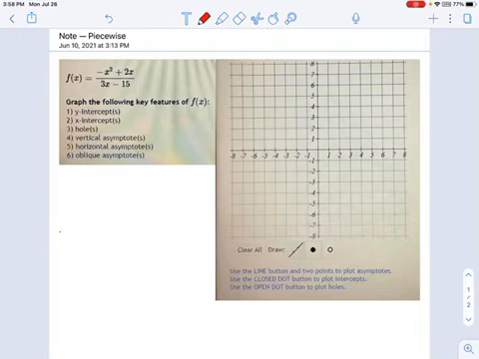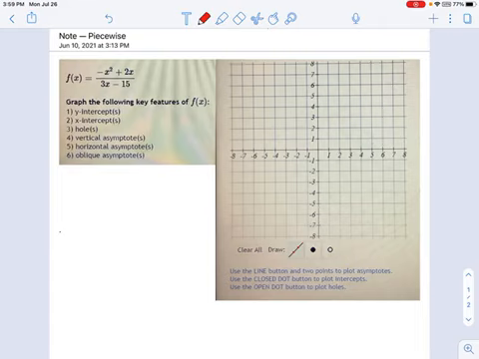Let's graph a rational function, in this case negative x squared plus 2x over 3x minus 15. And again, we're not going to graph it in its fullness. We're not going to draw all the swoopy lines and everything, but we're going to get as close as we can with a computer, which is to draw all the key features: y-intercepts, x-intercepts, holes, all the asymptotes. And hopefully by the time all these key features are on the graph, you should be able to see how you connect the dots.